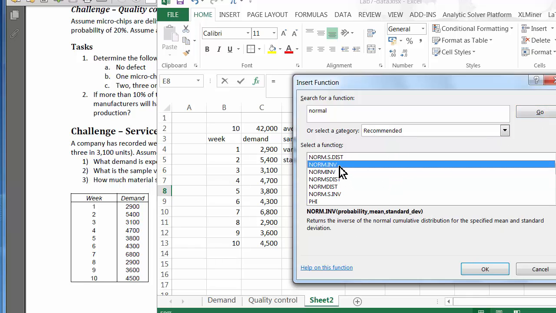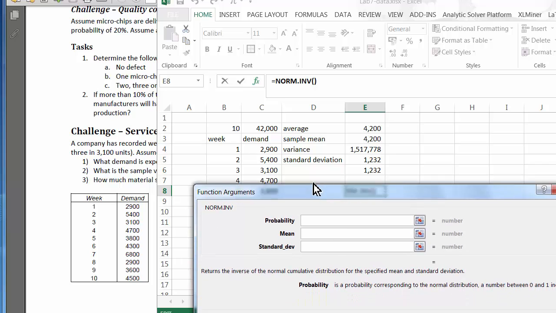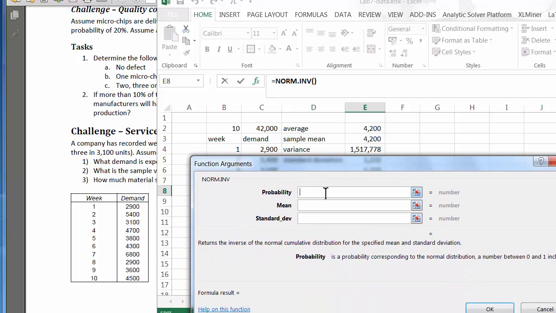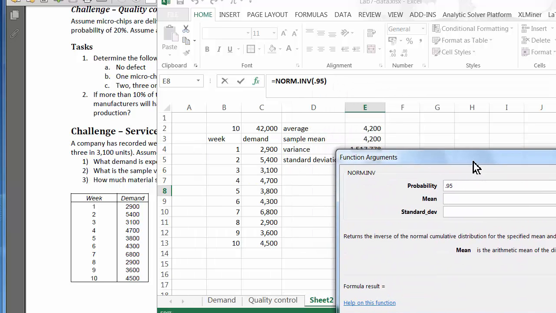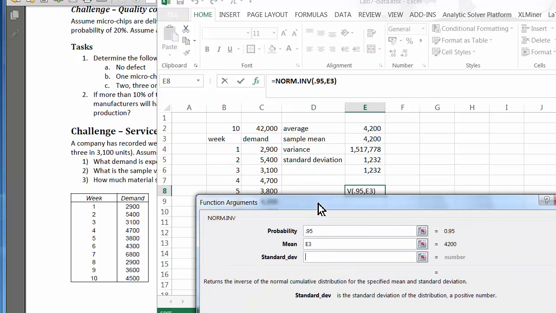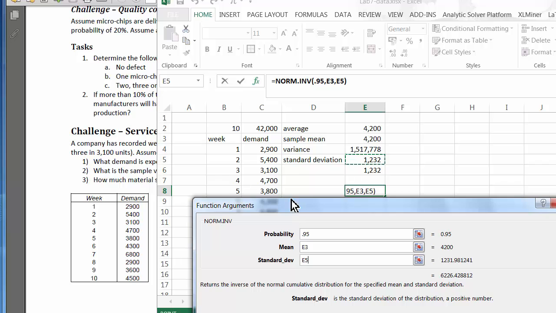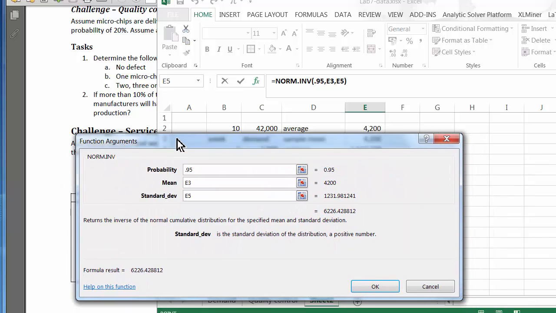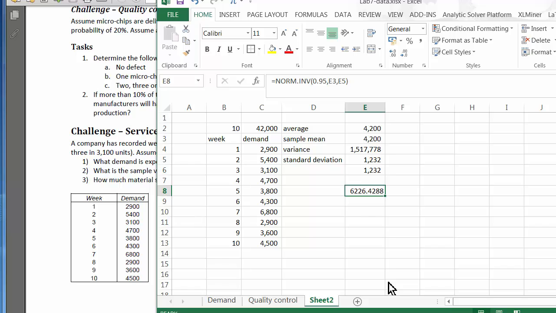So there are a couple of functions. We could immediately go to this norm inverse function. Use that. Say, okay, what is the probability which we want? We want 95%. What is the mean? Well, the sample mean is 4200. What is our standard deviation? 1232, and immediately we get the quantity of